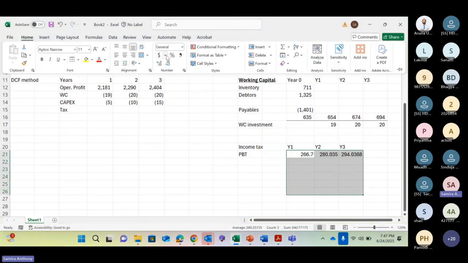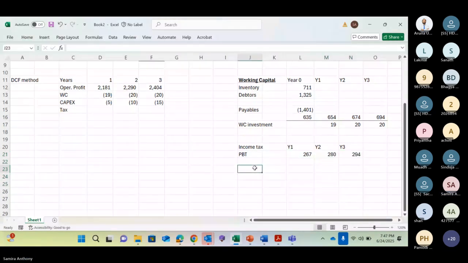Now we have estimated the profit before tax, right? Or you can take the effective tax rate. The effective tax rate is the profit before tax and the income tax expense. Any assumption you can put here. Here you have to write down: assume that the sales increase and operational increase of 5% will apply to the profit before tax as well. That is the assumption you have to make.